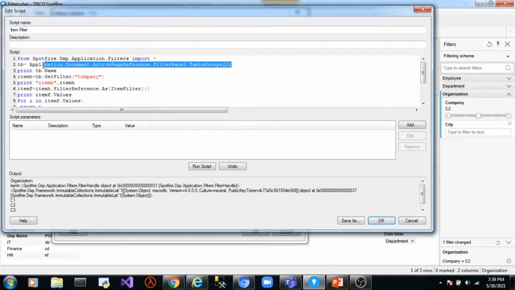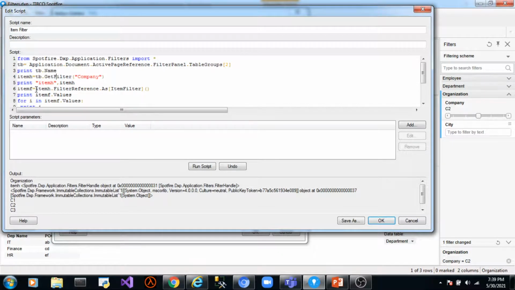First you get an instance of the table group which your item filter is a part of, then call the get filter method. The method takes the name of the filter as an argument. This get filter returns a filter handle type object, so this statement returns the handle to the filter company.